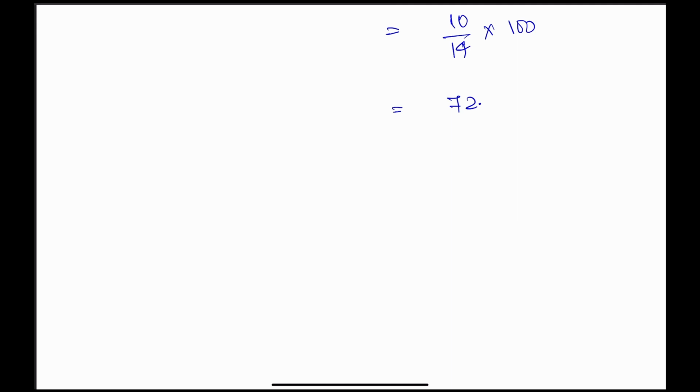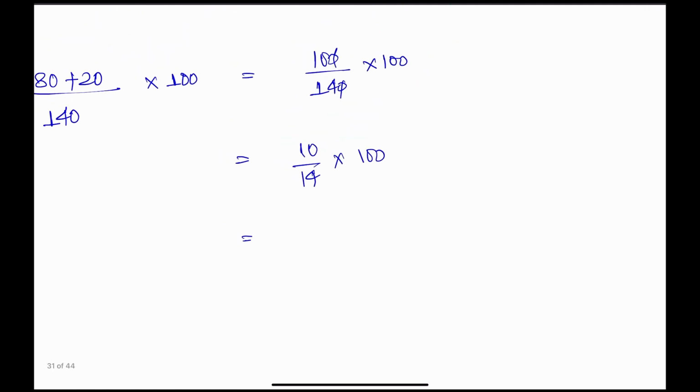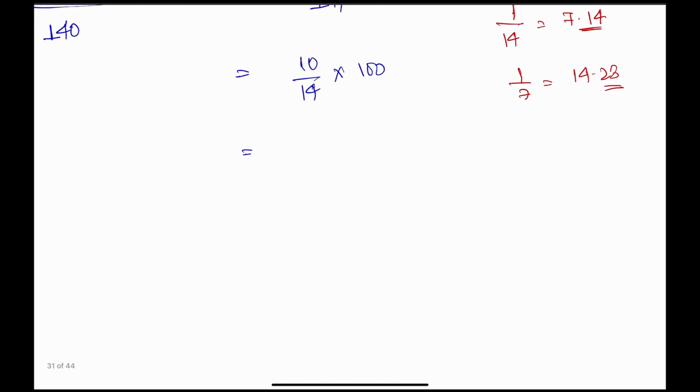1 by 14, we remember, right? 1 by 14, let me just confirm. Sorry, 7.14. Okay, this is why I should revise. 1 by 14 is 7.14 and 1 by 7 is 14.28. So if we use the same formula, it's easy for us to solve. Then the value will be nothing but